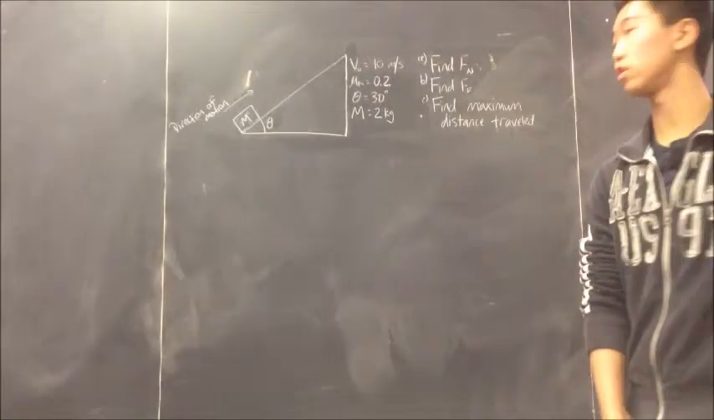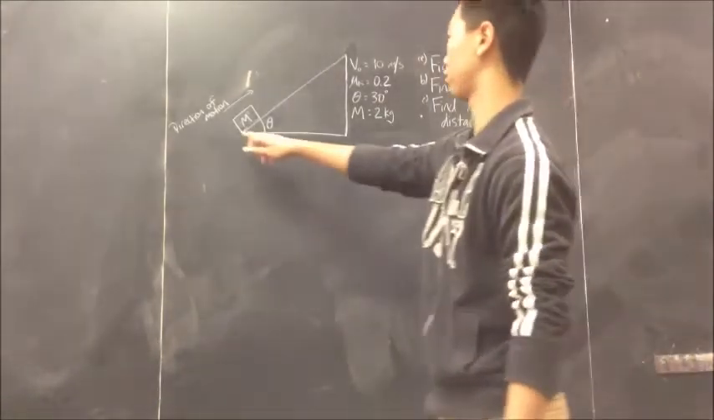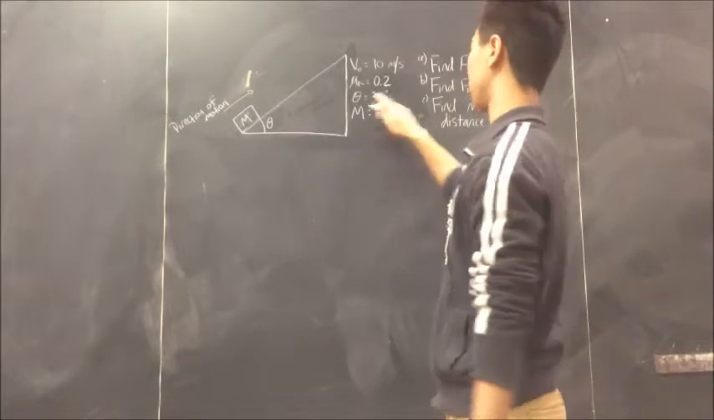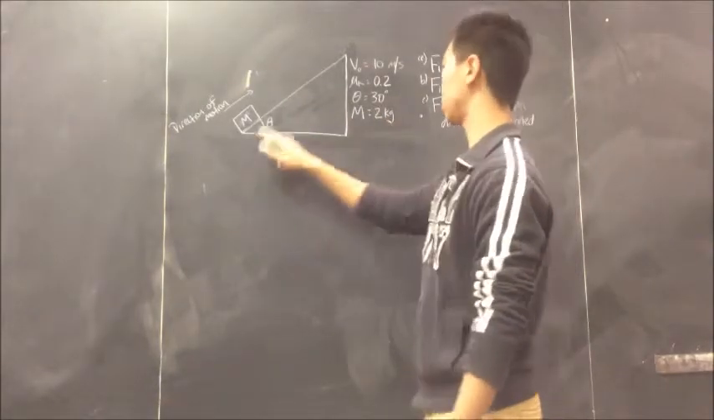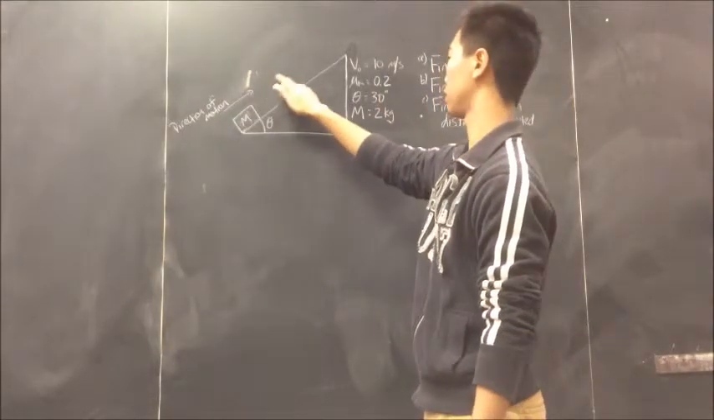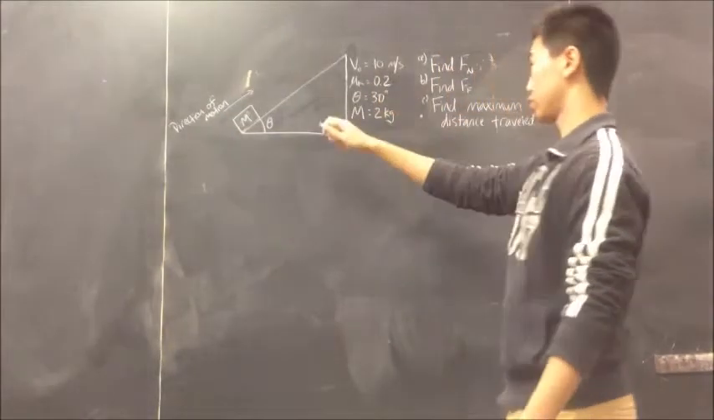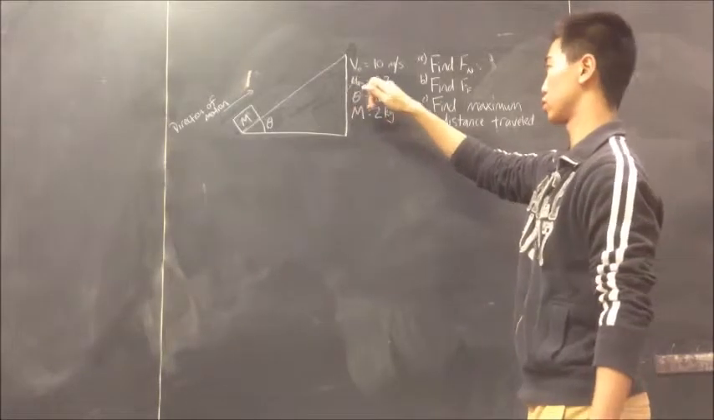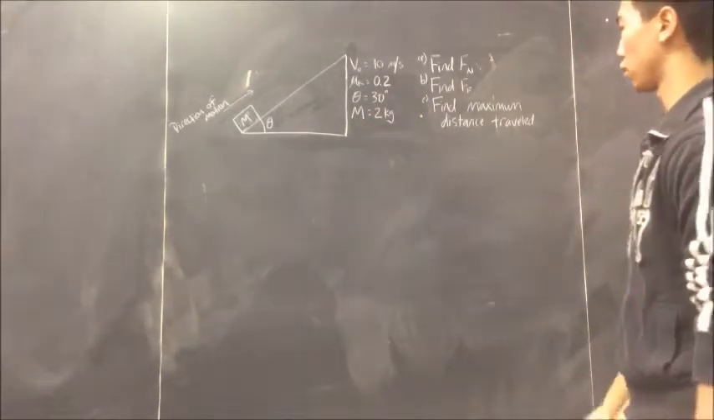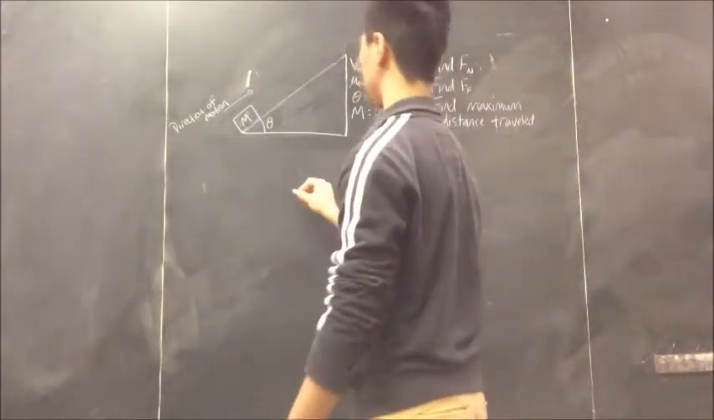Alright, so what we have here is a block of mass m, 2 kilograms, on an inclined plane angled at 30 degrees. It's got an initial velocity of 10 meters per second, and the direction of motion is up the inclined plane. And it's got friction, and the coefficient of kinetic friction here is 0.2. So for part A, we're looking for Fn, the normal force, and what we should do is draw a free